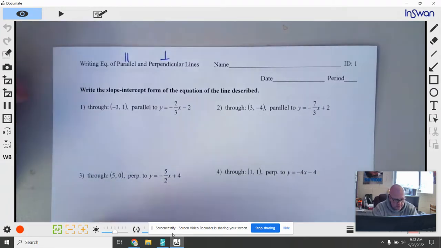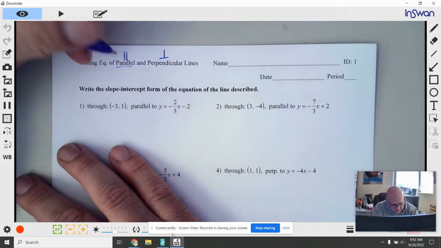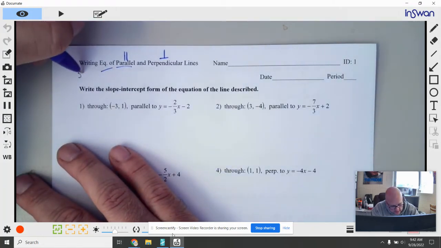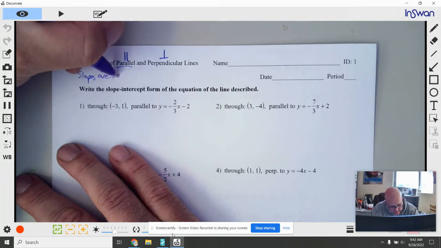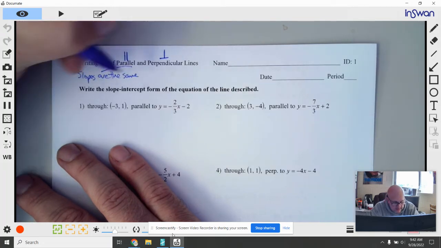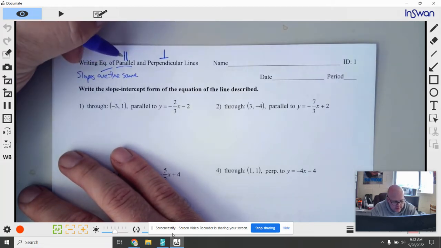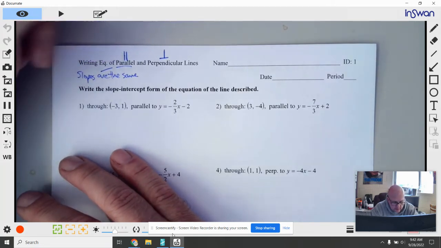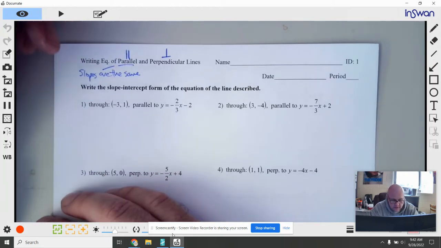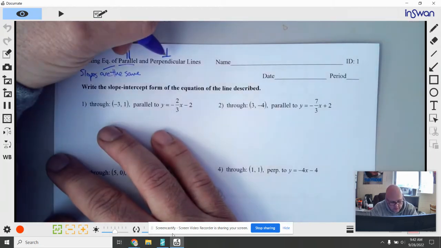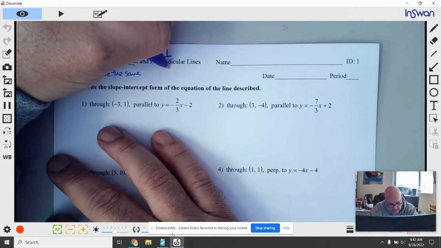All right, now what does that mean? Parallel means slopes are the same. They're going to be the exact same number, the exact same measure. It means two lines that are never going to touch. They go on forever, in both directions. They never cross. However, perpendicular lines intersect